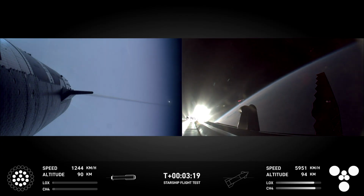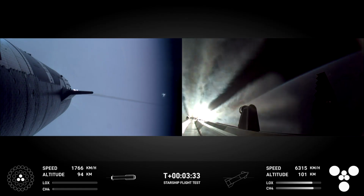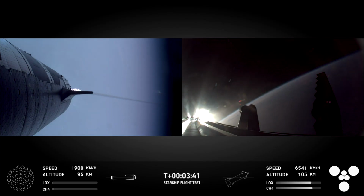As you can see there, the first stage is now making its way back to the launch site. Again, the booster and the tower are both performing automated checks to make sure we are go for the booster to return to the launch pad for that catch. And once those are complete, the flight director...